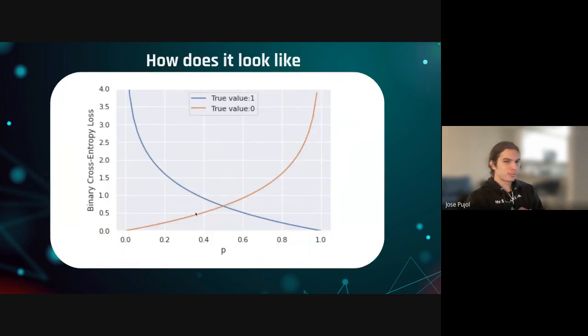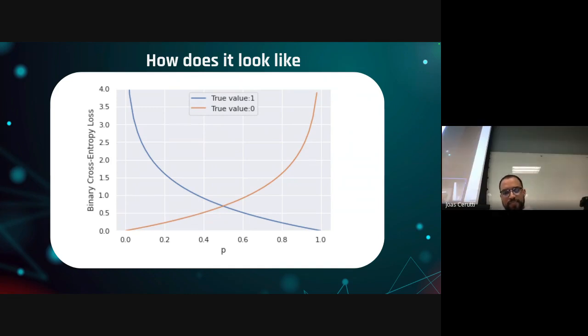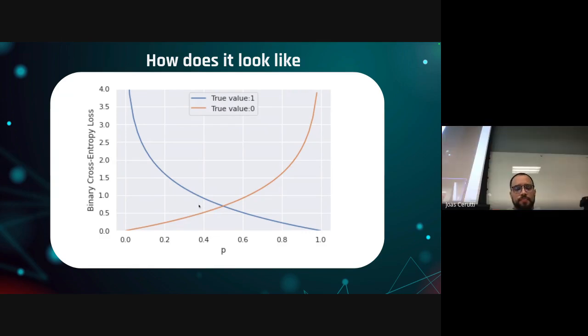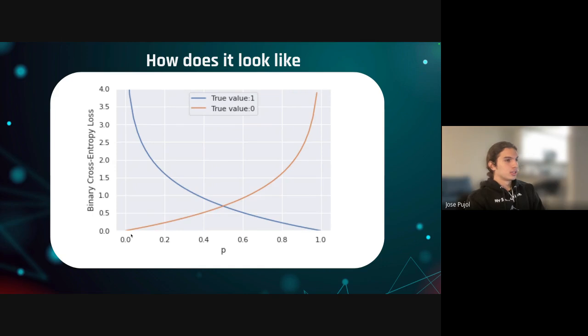Why? Just a reminder on exponentials. If you have 5 to the 0 power, it's 1, right? We know logs and exponentials. Log is the inverse of an exponential. So when you have a 0 and you correctly output and you say, hey, I believe that the value is 0, then you're getting a very low loss here.